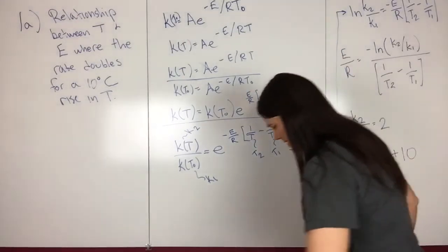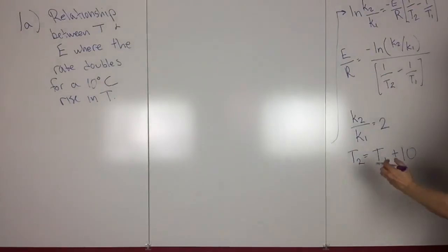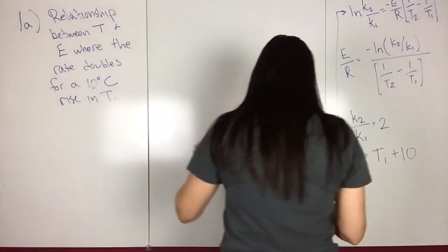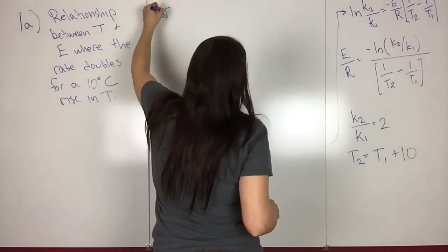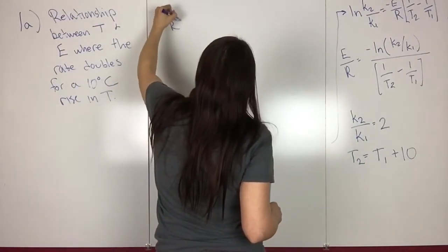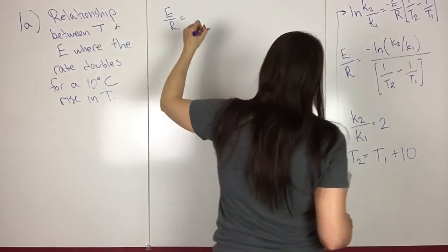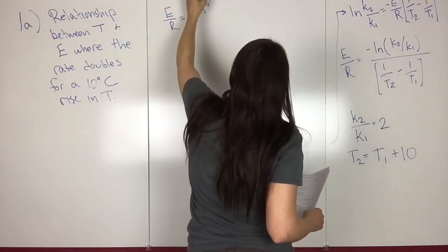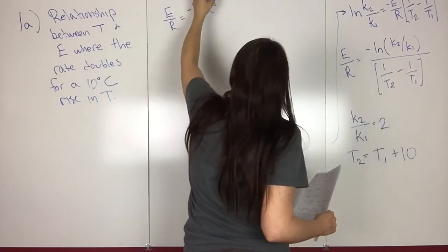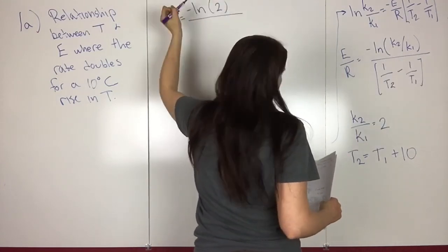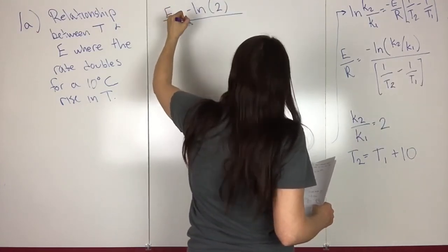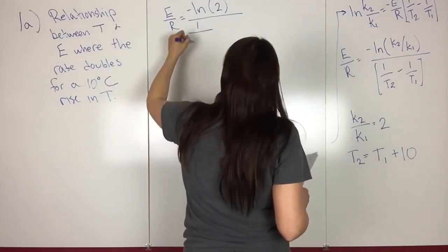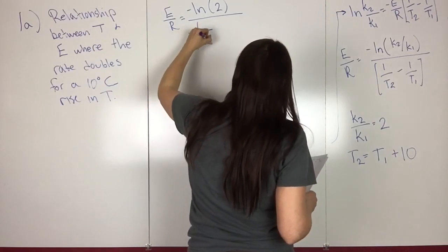And I'm just going to erase some stuff real quick. So then we can just plug this stuff into our equation. So we end up with E over R equals minus natural log, and we know that K2 over K1 is 2, so we can put that in. And we know we have 1 over, and then T2 was T1 plus 10